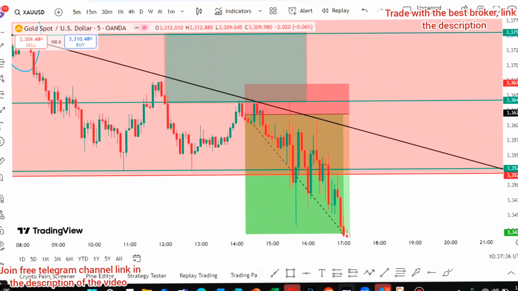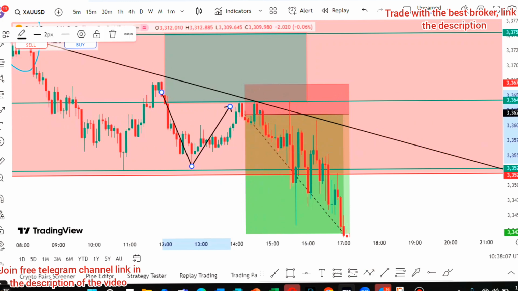this market dropped like this, started dropping. So I was waiting for the retest around this area. This was a retest again. I have two confluences. The first one is the retest to this green line, this green zone, and the second confluence is this trend line. This trend line wasn't touched here. Okay, as you can see, it touched our trend line and then boom, started moving to the downside, and